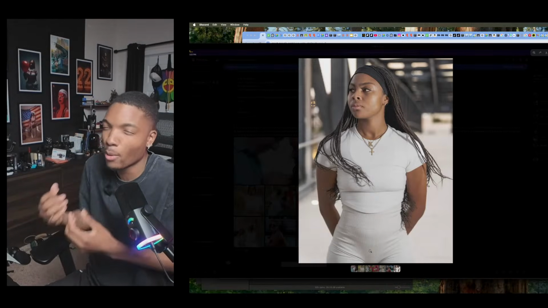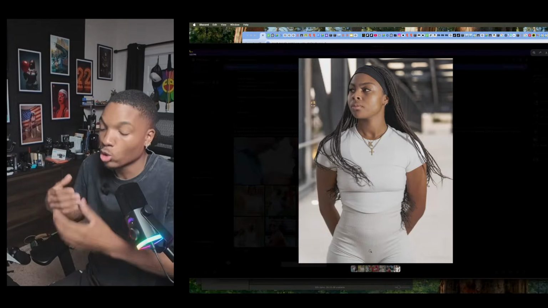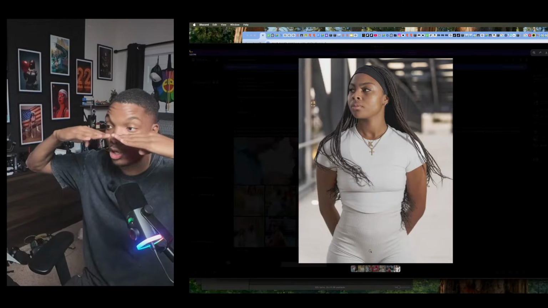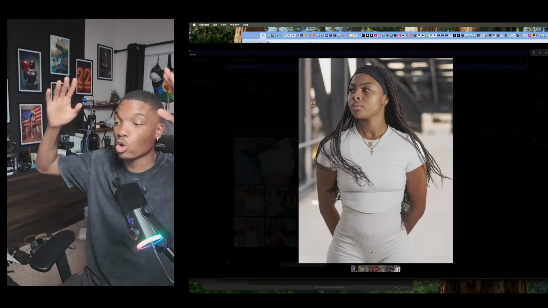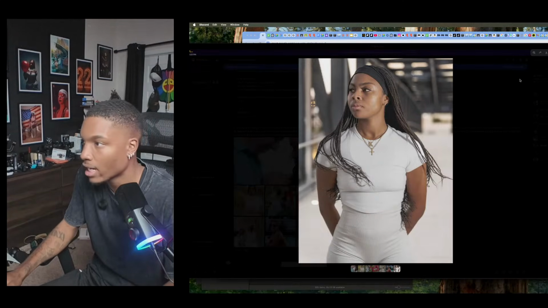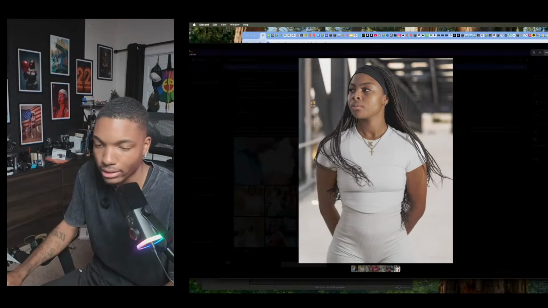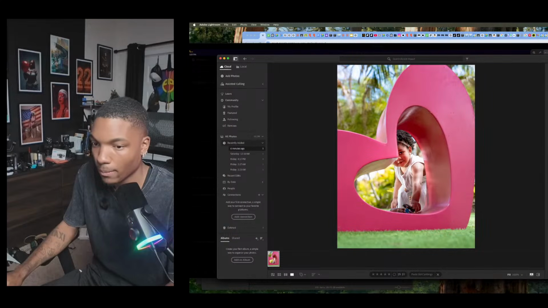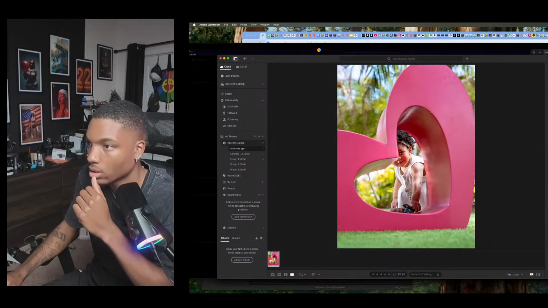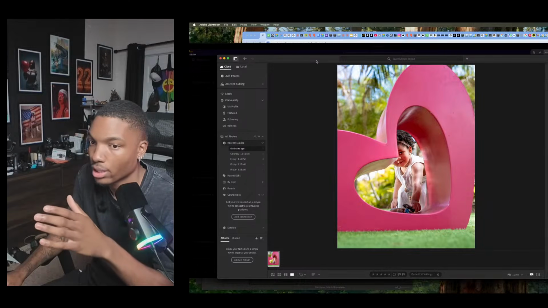eyes. That's why I always use the rule of thirds grid, because when you have that top grid going through the person's eye, it gives them so much more headspace, right? If I download this image right now, I'll show you real quick. So I like to give them more headspace because